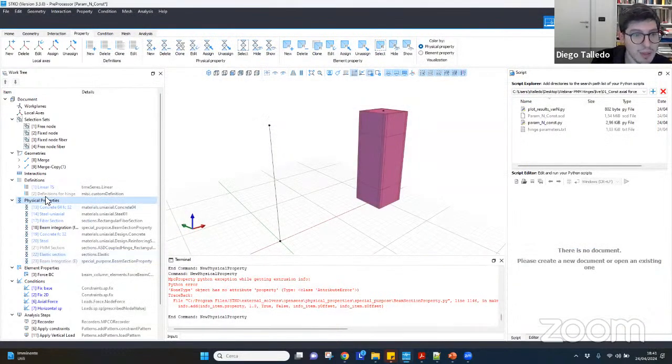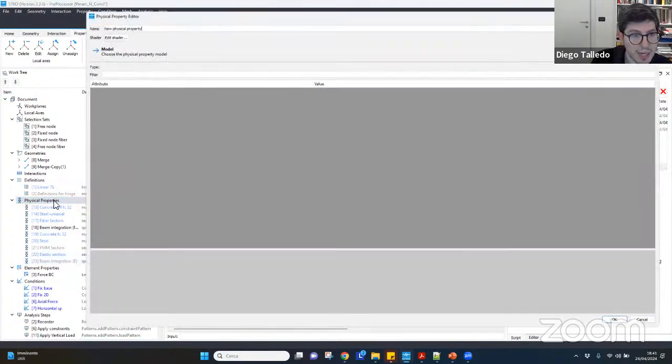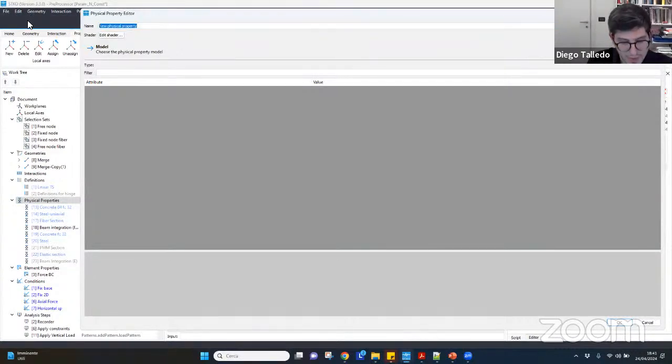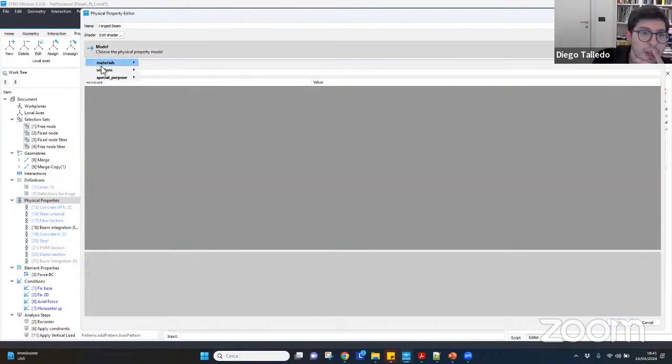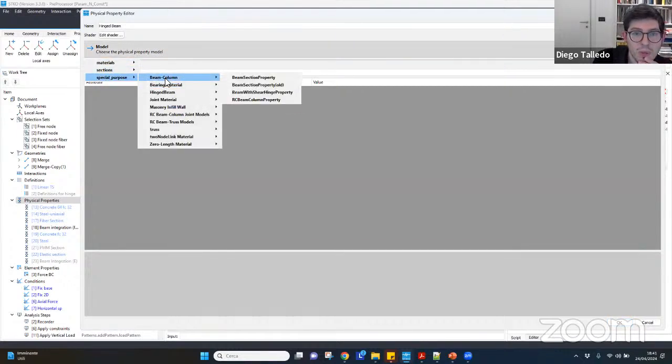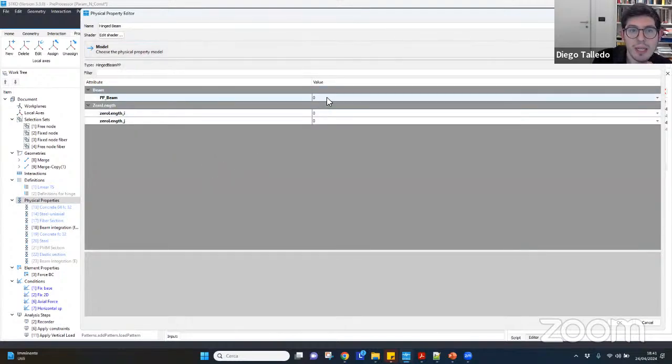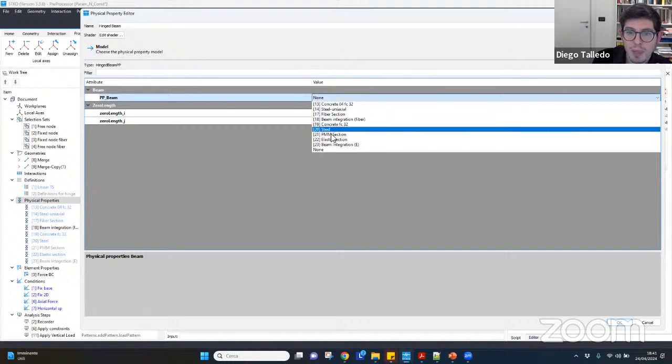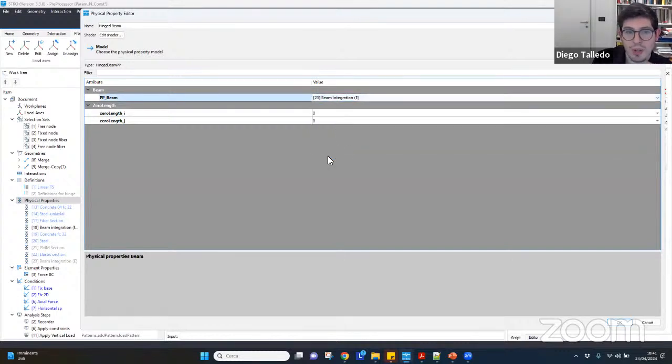Okay, and we now define finally the last component of the physical properties, that is our hinged beam. The hinged beam, as you know, was already presented in previous webinars. It requires the physical property of the main beam, that is our beam integration, and it requires the zero length